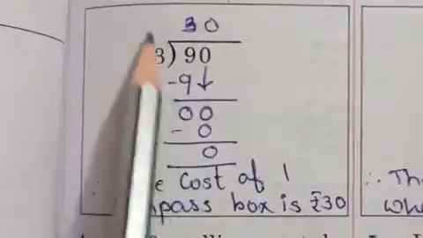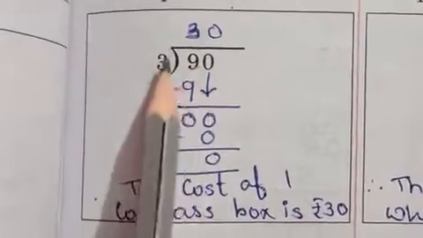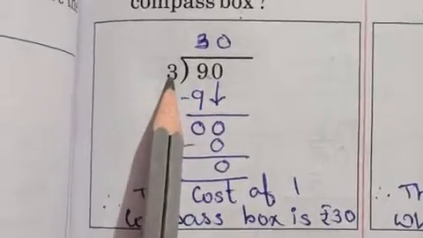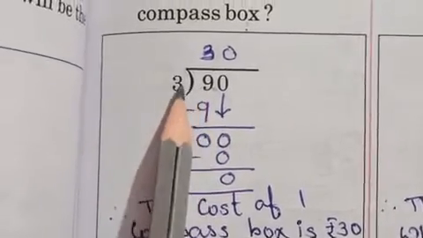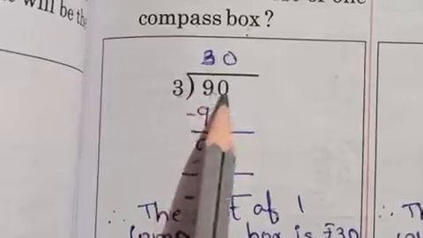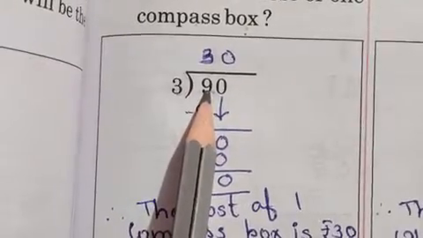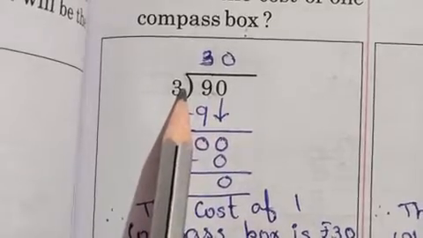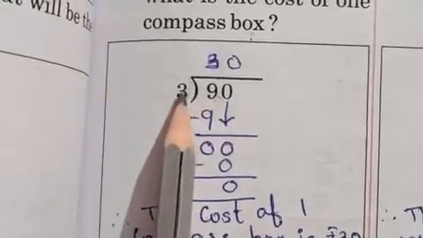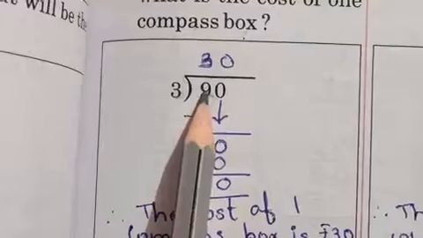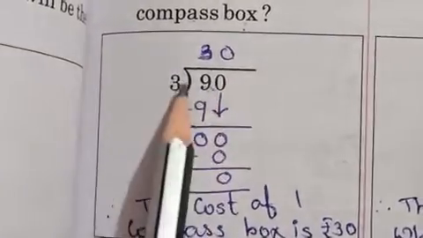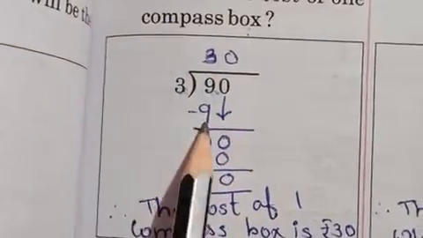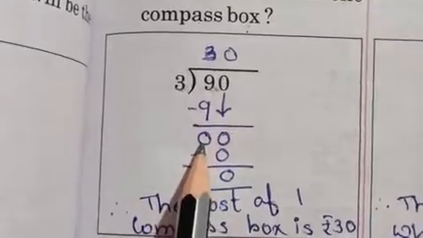So how to solve that? We have to do the division. So 90 is the dividend and 3 is the divisor. Okay, so now let us do the division. First in the dividend we'll see the first number. The first number is 9. Now 9 is greater than 3. So we have to see whether it is divisible. Yes, it is divisible. So we'll take 3 3s are 9. So 9 minus 9 is 0.